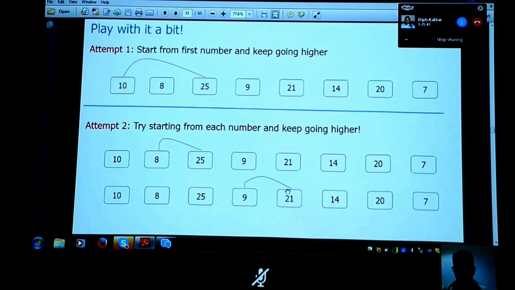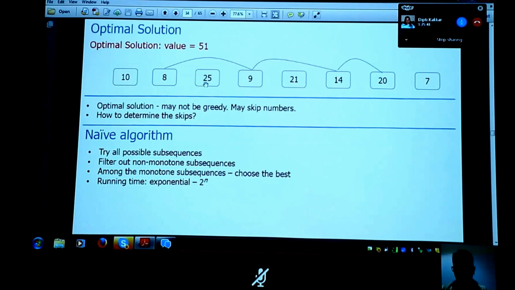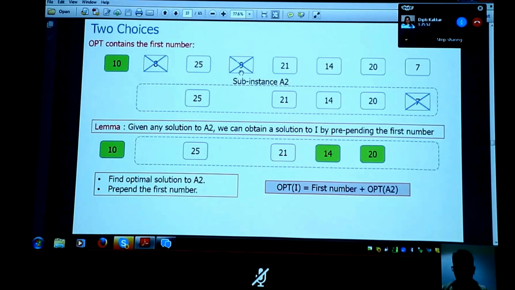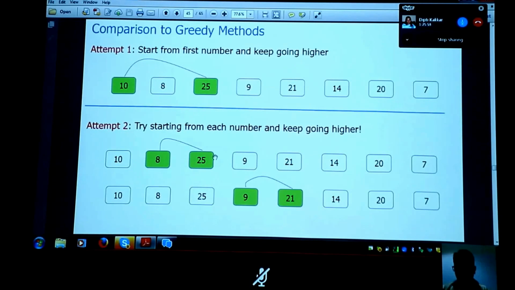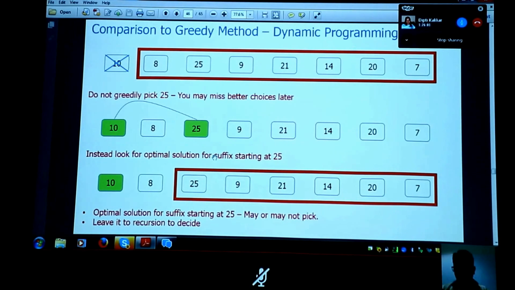Remember, our optimal solution skipped properly. It started from 8 and purposefully skipped to the 25. It could have picked it, there is nothing wrong in it, but it purposefully skipped. Now, how did that happen? Why did greedy miss it and we picked it up? Greedy landed up there, this greedy also landed up there, but our guy jumped it properly. The reason is that once you pick 8, you have to go to this 25. Greedy picks it, but what we are doing is not picking it right away. I am going to solve this recursive instance here, and that recursive instance will decide whether to pick 25 or not.